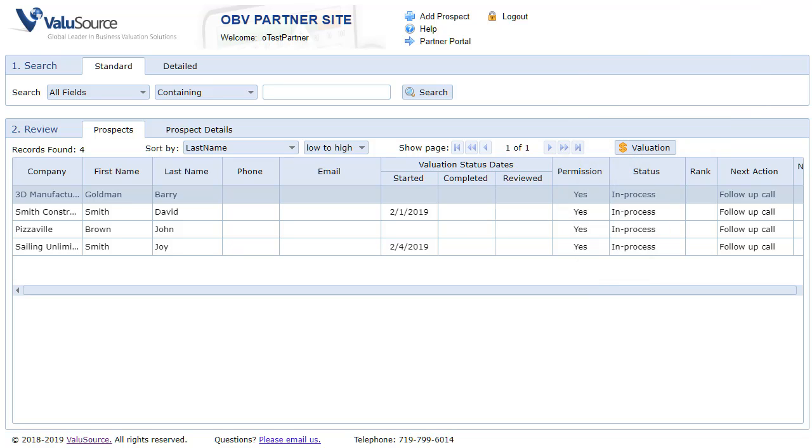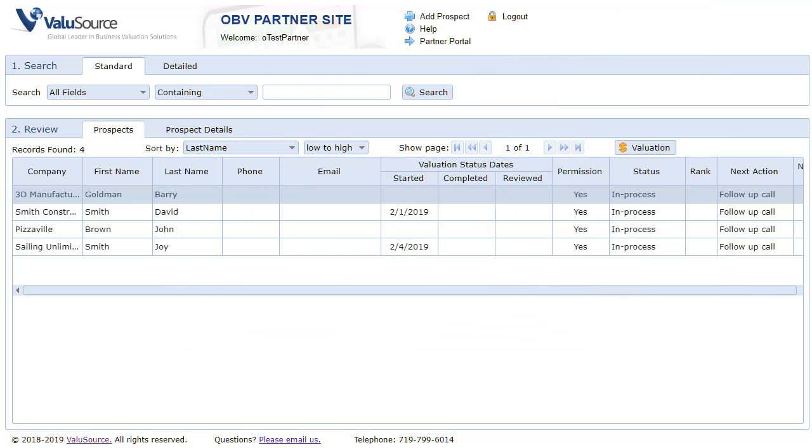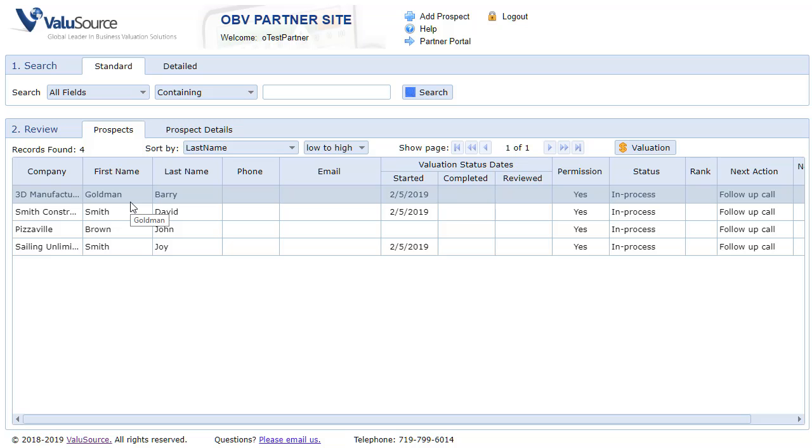The purpose of this site is to track your prospects through the valuation process. You can add prospects, you can track prospects, you can enter a valuation or create a new valuation, all right from this screen. Once you get more than a handful of prospects, you're going to want to be able to